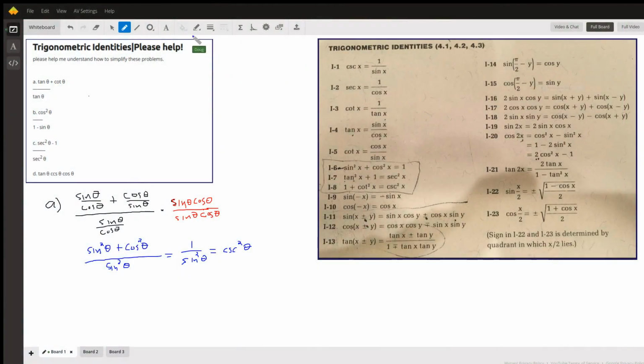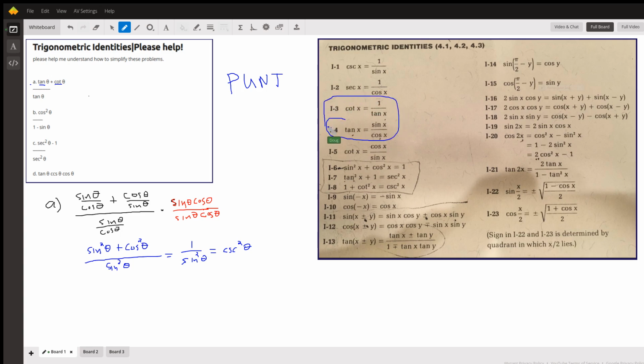Okay, when I was in high school, my trig teacher was the football coach, and he used to say, whenever you don't know what to do, punt. That was a football analogy. But in our trig class, what that meant was if you're not sure what to do when you have a trigonometric identity, convert everything to sines and cosines. See what happens. Okay. So for part A, tangent, cotangent, using these two identities right here,